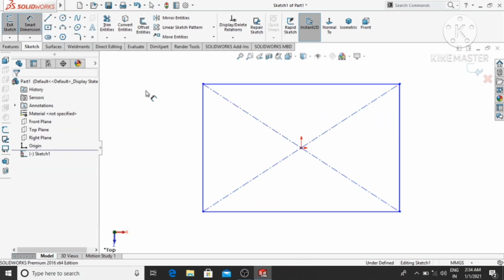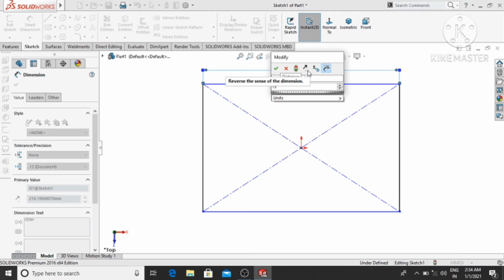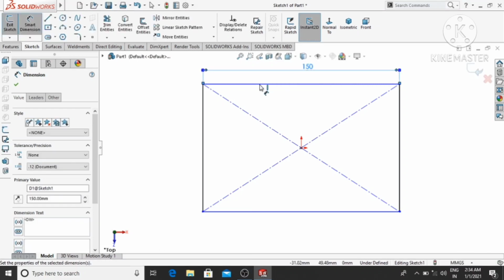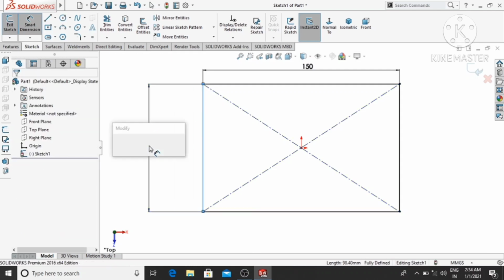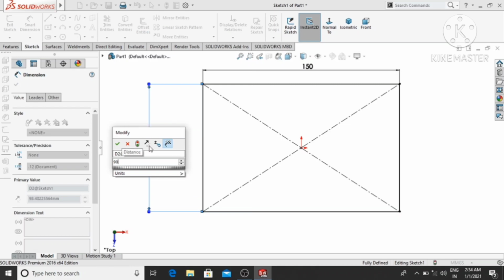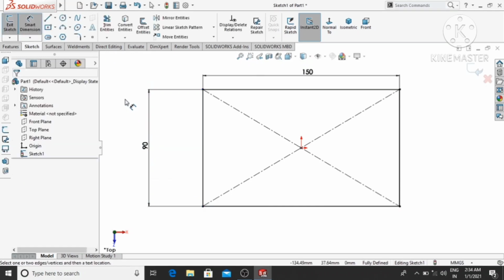Now go to Smart Dimension. This length will be 150 mm, and this one 90 mm. Here we apply a fillet of 5 mm to all the corners.